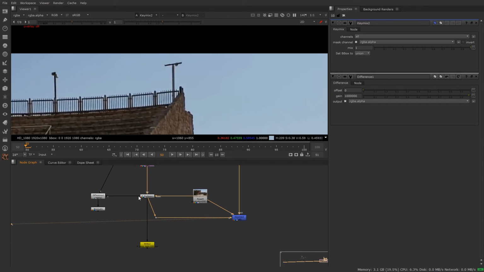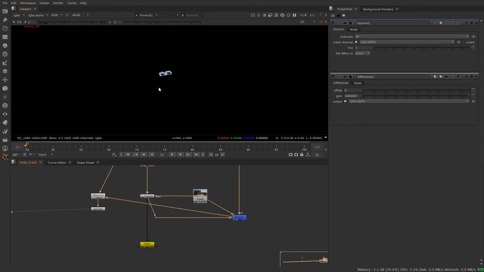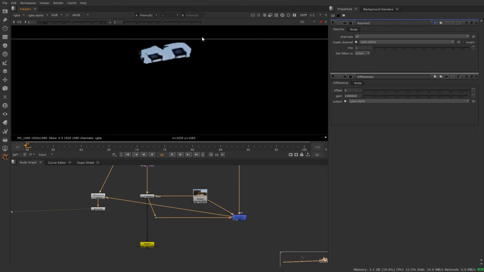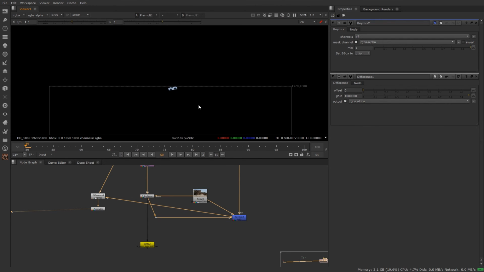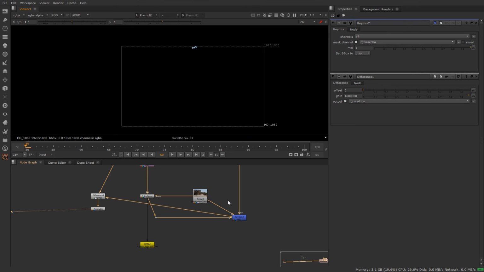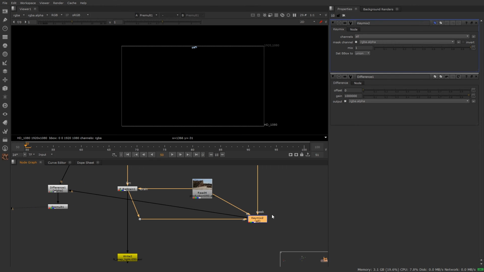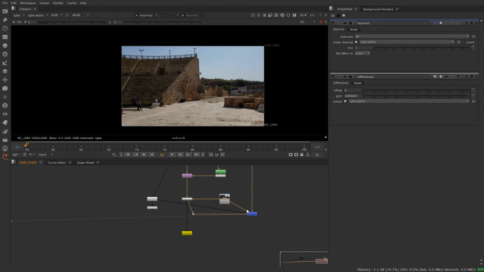And if I check the difference also, if I disconnect this A pipe and connect it to our Keymix and check the premult result, here you can see we have the difference over here only. The grains are not affecting the entire screen. So this is how Keymix works. Not everywhere we need to use the Keymix. If that work can be done simply with the merge node, then we can use the merge node.